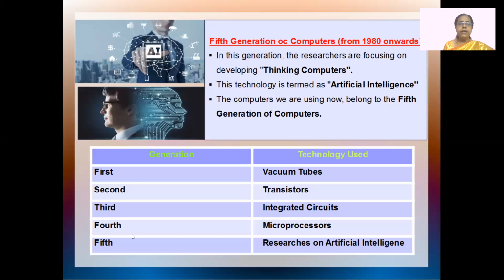Clear, children? Now let's see the generations right from first to the fifth and what technology was used. First generation used the vacuum tubes. Second generation used the transistors. Third generation, integrated circuits. Fourth generation, the microprocessor. And for the fifth generation, they're still researching, and actually you have many things that are working on artificial intelligence,